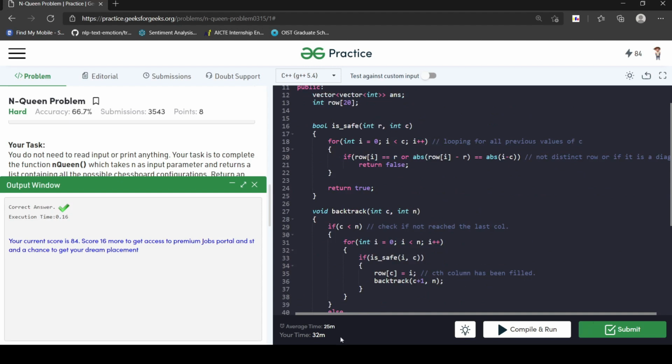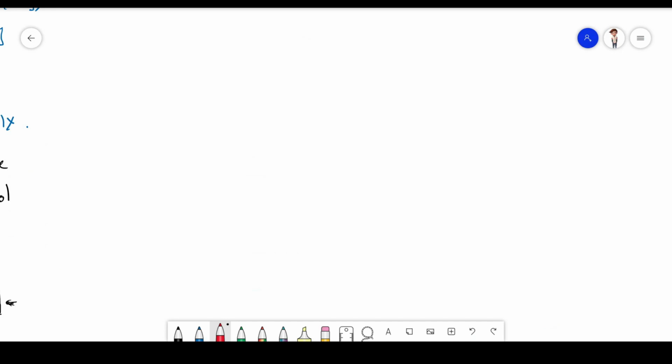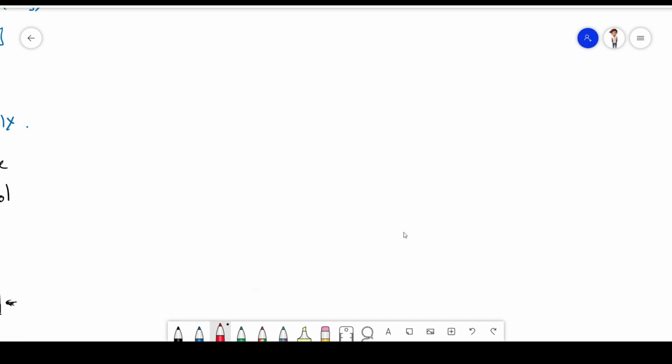Now I will change my screen and tell you the time complexity for the given code. Coming to the time complexity, what I can see from the given example, for the first column, I can fill all the four. I can backtrack to all the four rows. I can come over here, here, here, and here. And if my q1 is present over here, I cannot come over here, but I can come over to all other places.